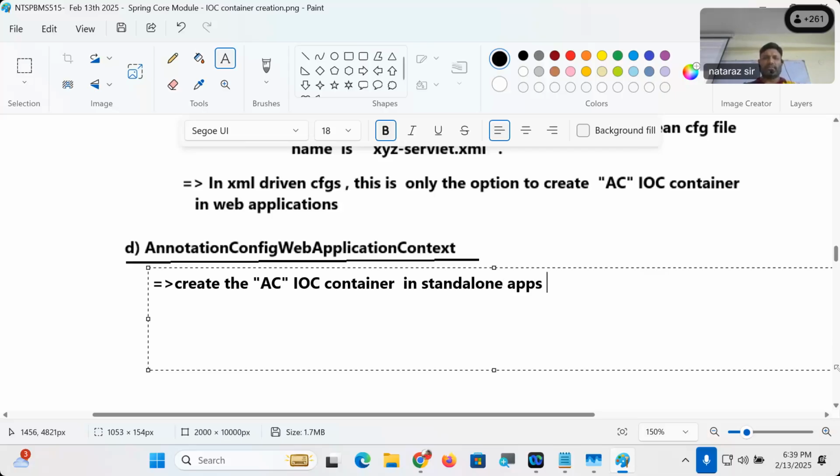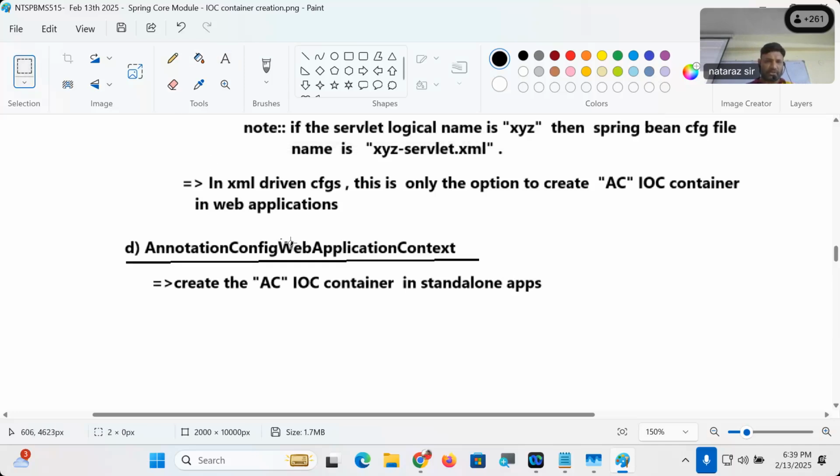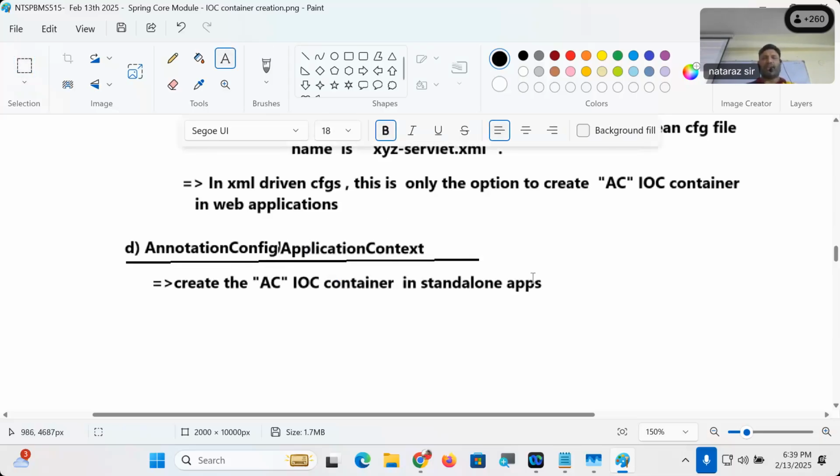Okay, guys, one minute. I think web has come unnecessarily, guys. First, web should not be used, right? First not web, guys. First without web only. That too, I am using the terminology standalone. Yes, AC IOC container in standalone application